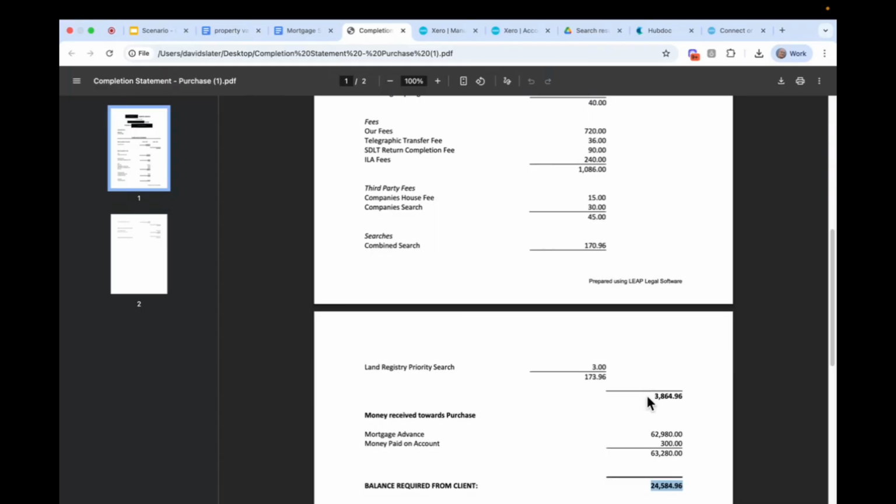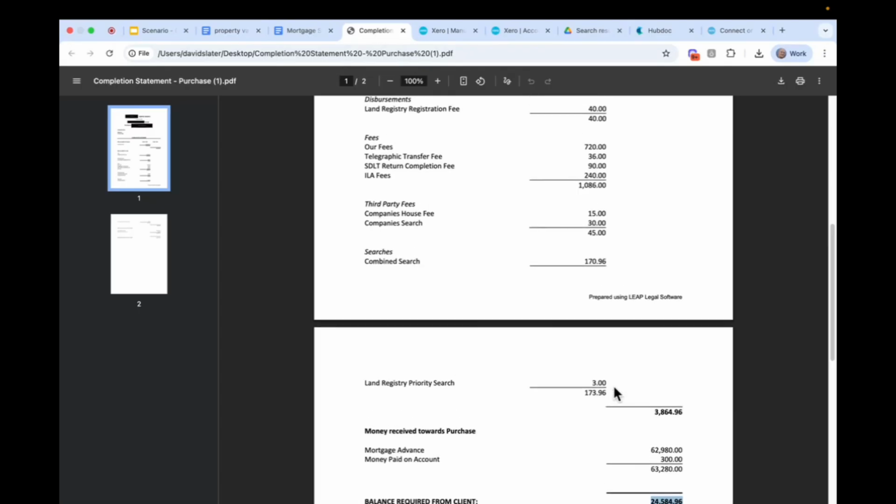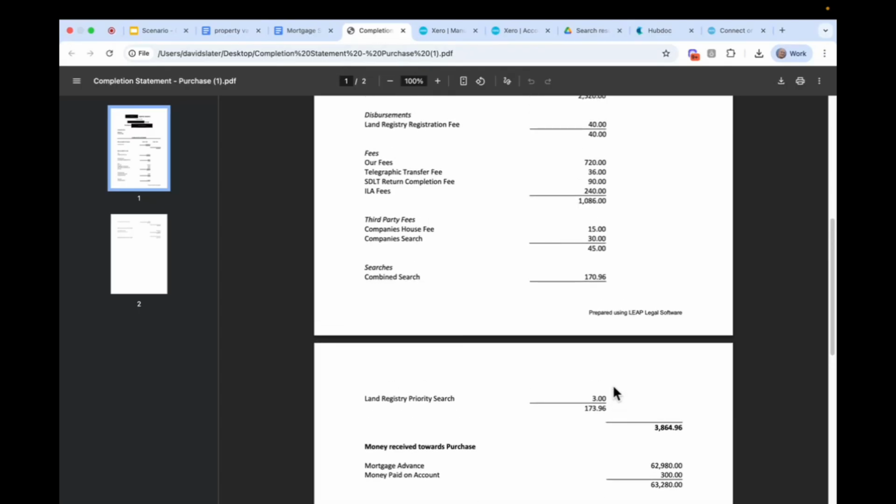But one piece of advice is I would always go through and double check they're added up correctly, because I find quite frequently with solicitors' completion statements that the information is wrong. They don't always add it up correctly for whatever reason. In this case, I have already checked it, and I'm happy the information is correct,